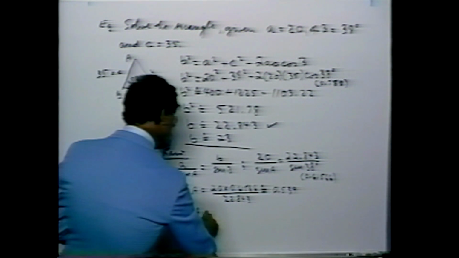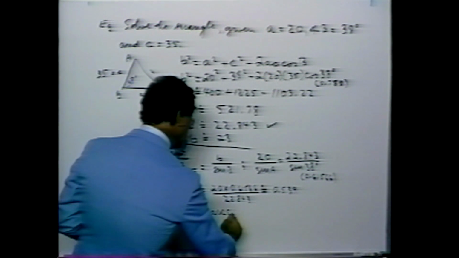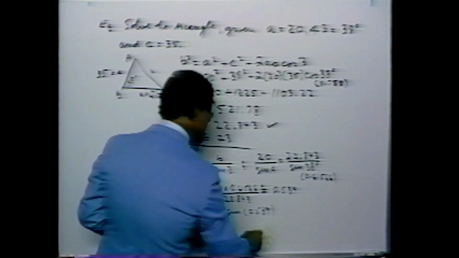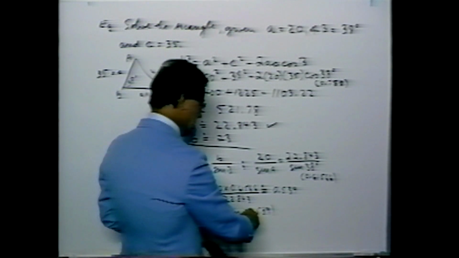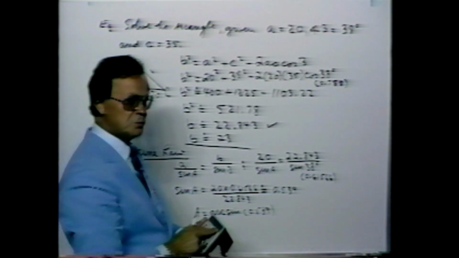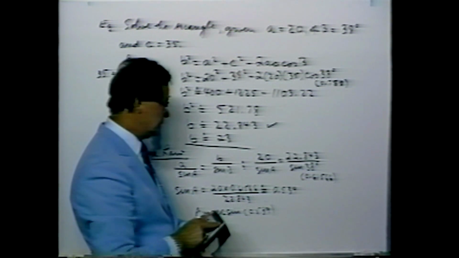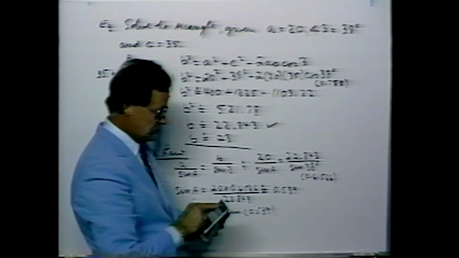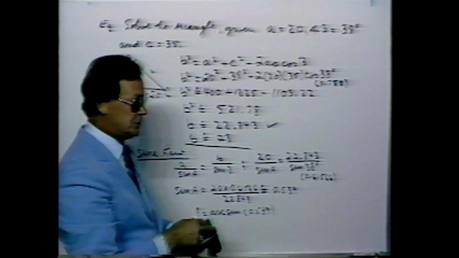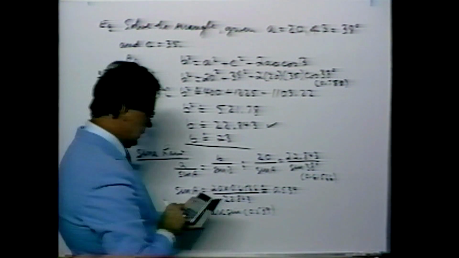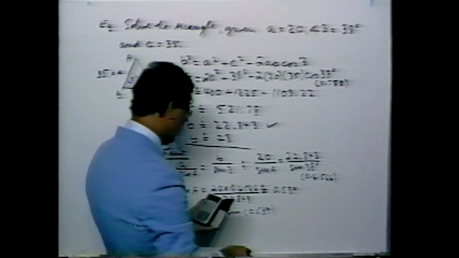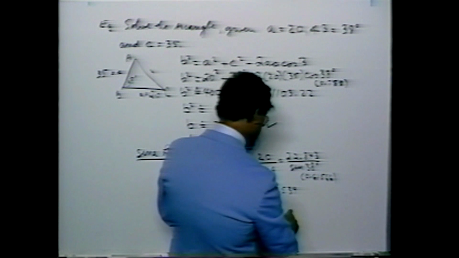Therefore, A is equal to the arc sine of 0.539 approximately. Of course, I'm only writing 0.539 on the board here, but I'm going to use the full display on the calculator for what I have for the sine of A, which amounts to 0.539033732. I'll just leave that on the display. And so by calculating arc sine, I end up with 32.62 degrees